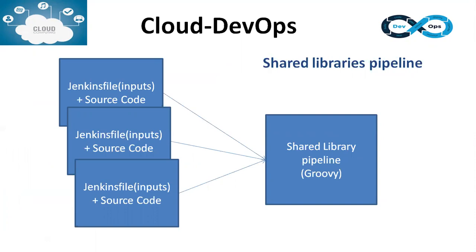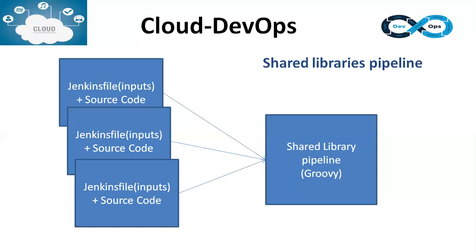If you have 100 projects of the same type, for example 100 Java applications using Maven as the build tool, in that scenario you can write one common library, that is, one common pipeline, and implement it for all of the source code repositories, so that all of them can use the common shared library pipeline. Since the stages like code, build, deploy are common for all of the repositories,